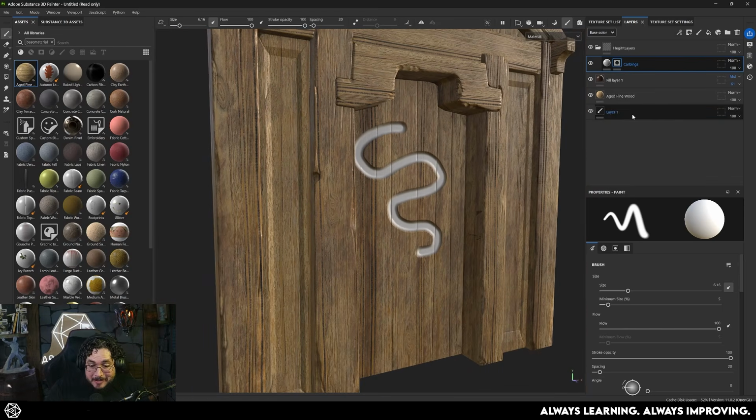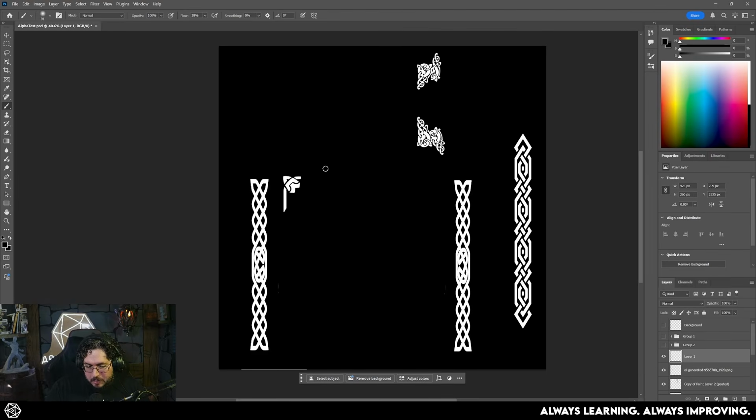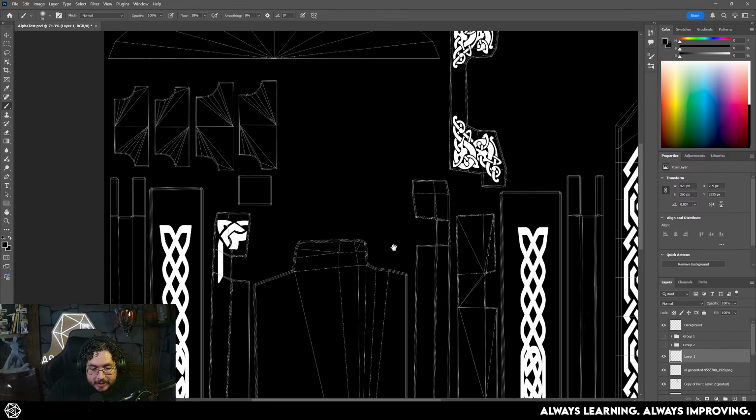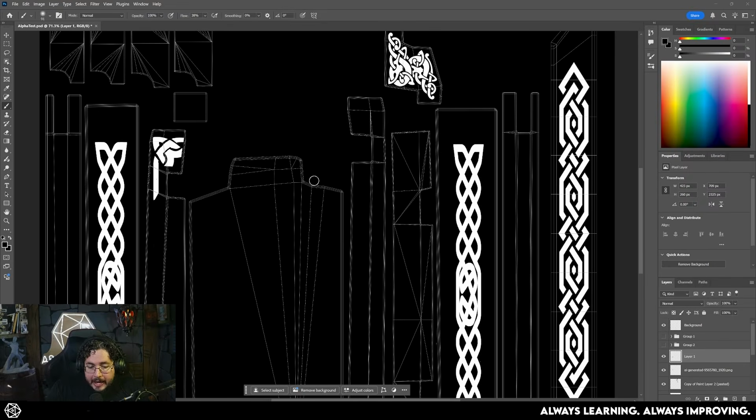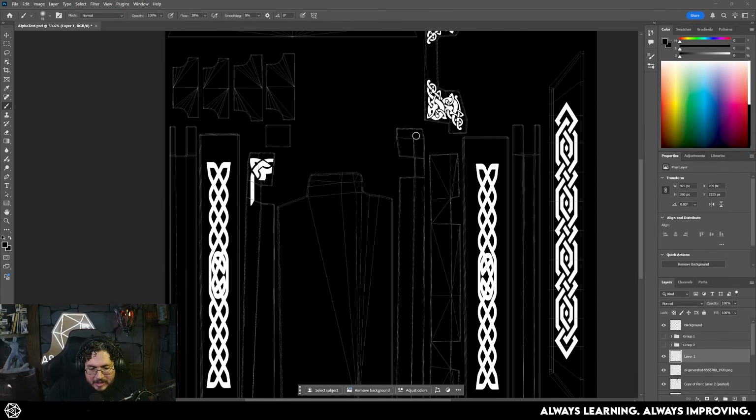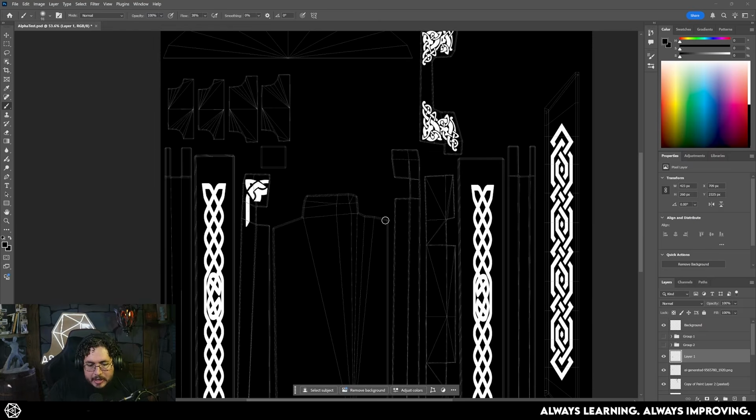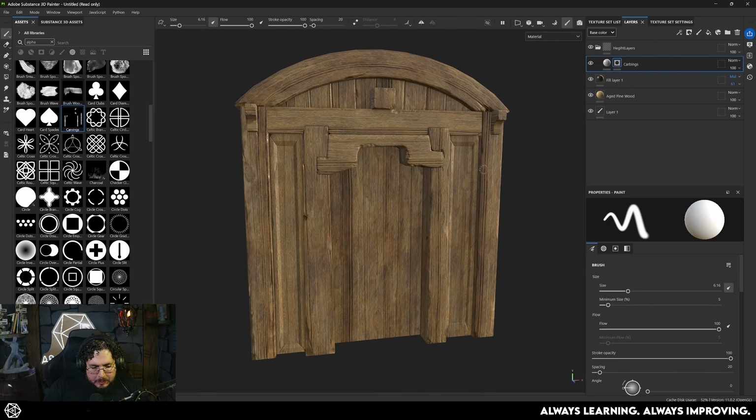Now, here's where things get very, very fun. I'm going to go to Photoshop, and I'm going to have this interesting pattern looking thing here. Like, what is this? Well, what I did is I went ahead and used the UV layout of my door to start planning how I want these patterns to be carved into my door. So instead of having to go to my high poly and sculpt everything and then having to make changes or decide on other patterns, I can do it in a very easy file right here, which is the black and white masks. Once we have exported that PSD file, we just bring it in here, we just import it normally,